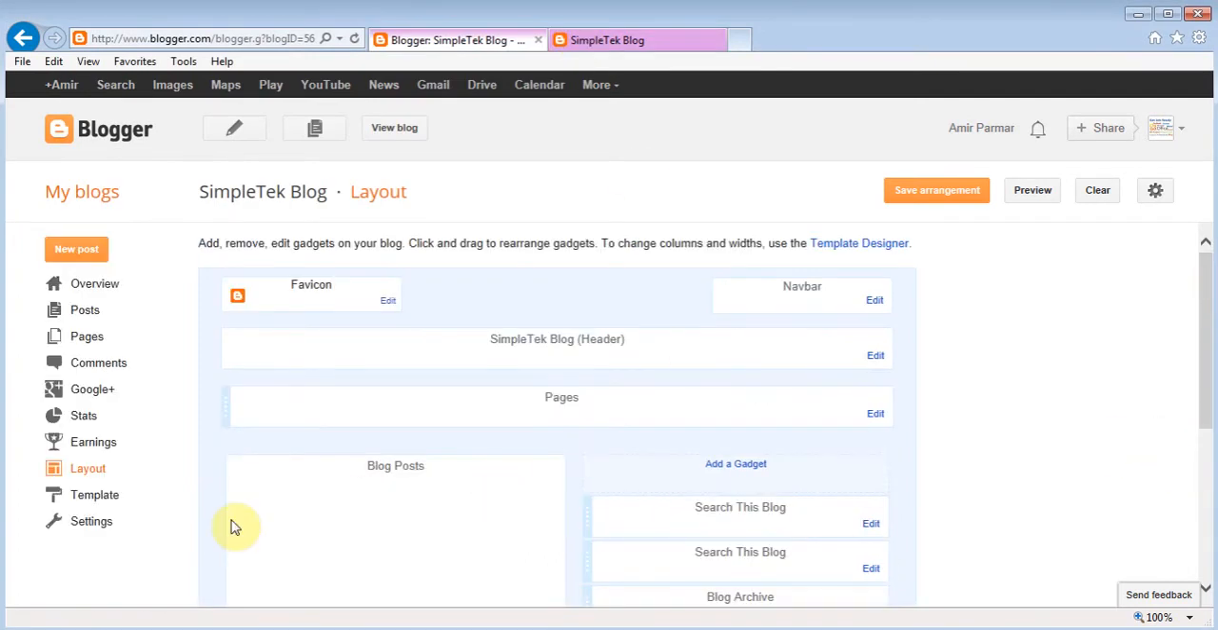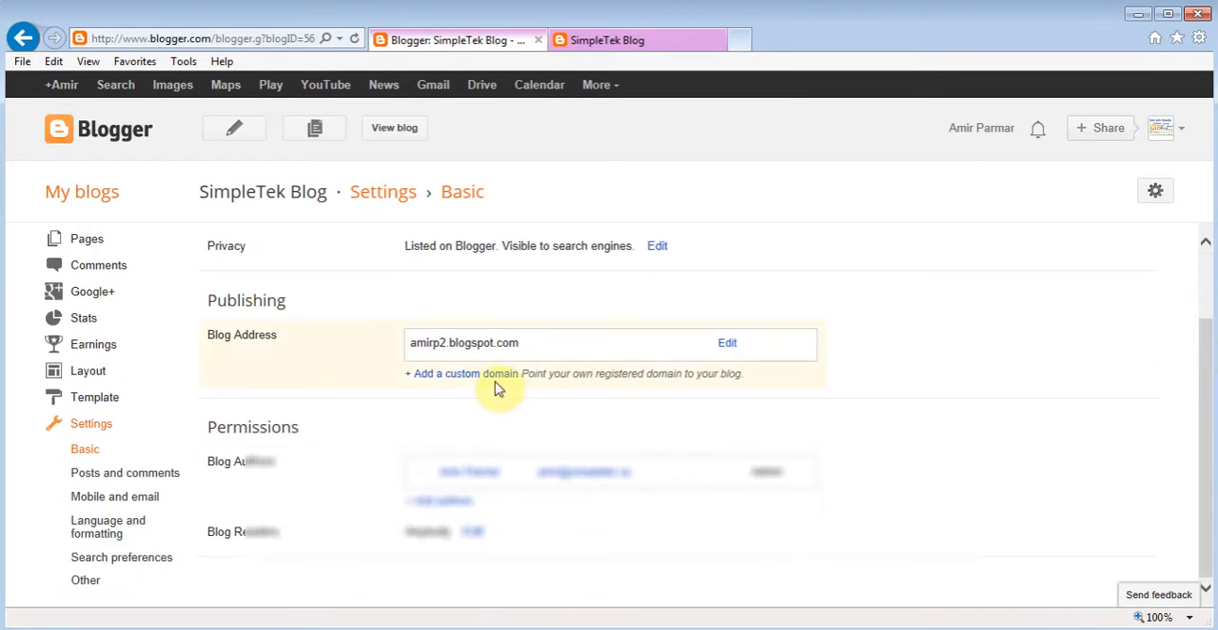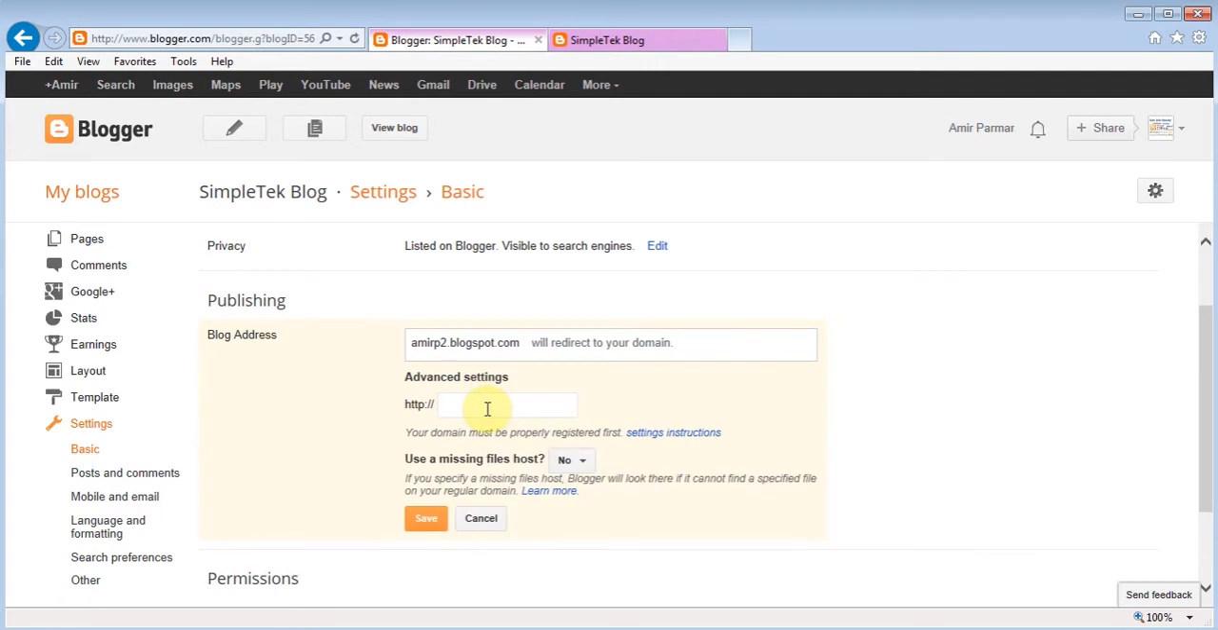And the second last thing I want to talk about is settings. This is where you can come and make major changes to your titles and description. Now this is where you can come and add a custom domain. So you can click here, and if you've already purchased it, you can go to like